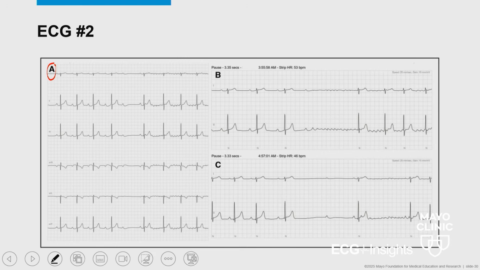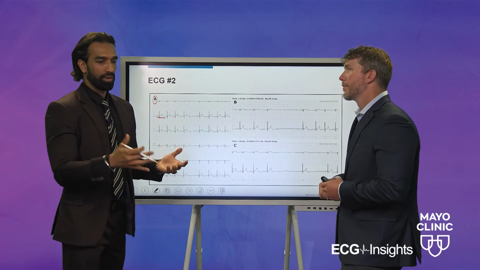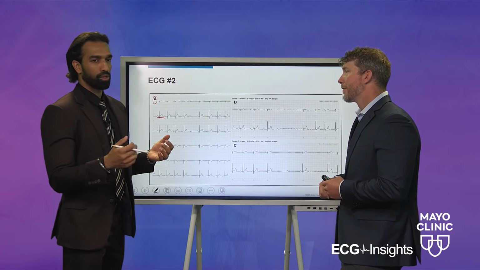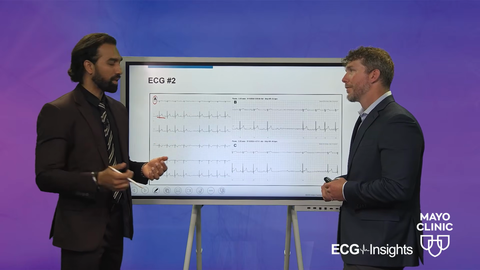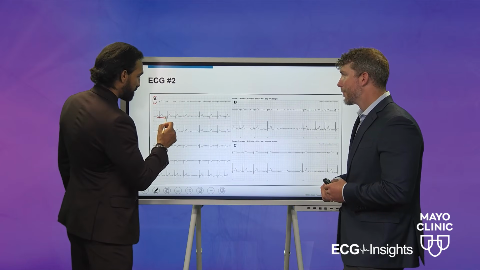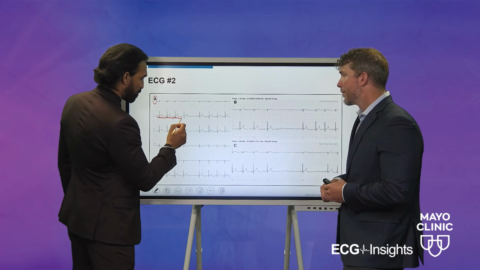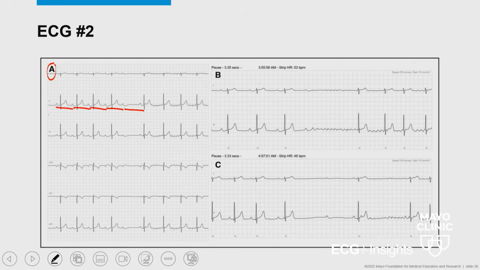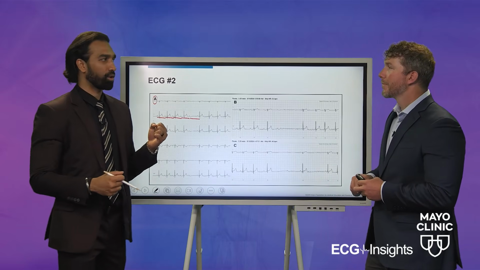Yeah, so great point, and you should give us a little clue here. When you look at P-to-P intervals in a classic Wenckebach, they should be normal because the level of the block is the AV node, right? So why is the sinus node getting affected? When we see something different, and if you put a caliper, it'll be a little more obvious, if your P-to-P starts lengthening from beat to beat, and you have the AV block at the same time, this goes to the point that 2 separate parts of the heart should not strike out at the same time.